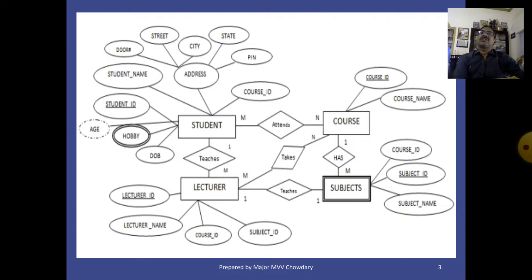Another one is binary relationship to tables. A relation which involves two entities can be termed a binary relationship. This binary relationship can be one-to-one, one-to-many, many-to-one, and many-to-many.